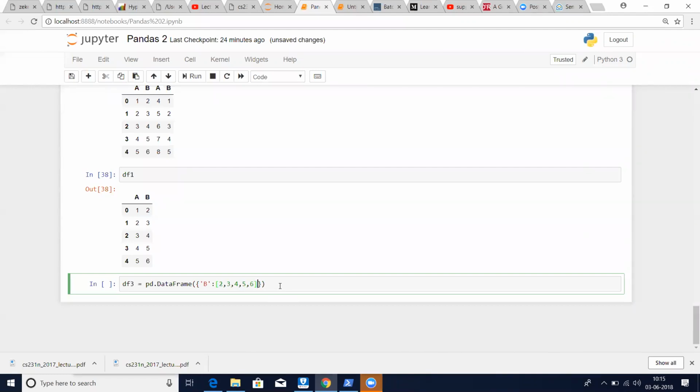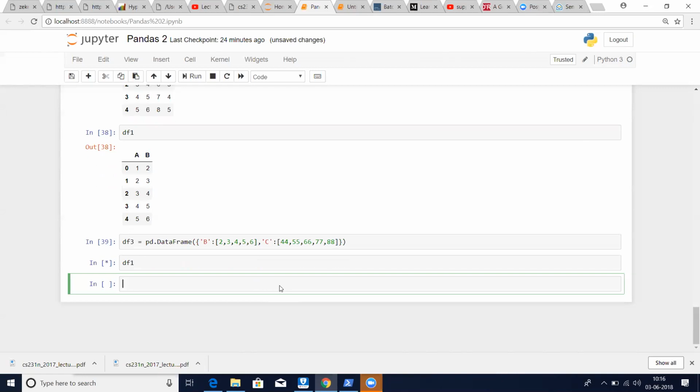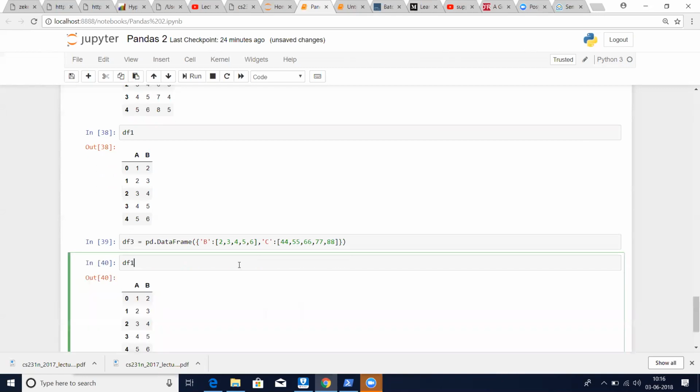Okay, so here you have B. Here we have C. Okay, and you also have 5 with 44. Right, so you have DF1 and you have DF3. Okay, so now if you do DF1